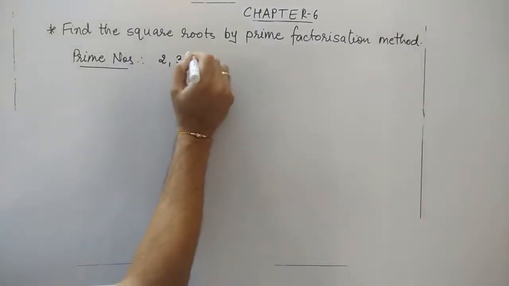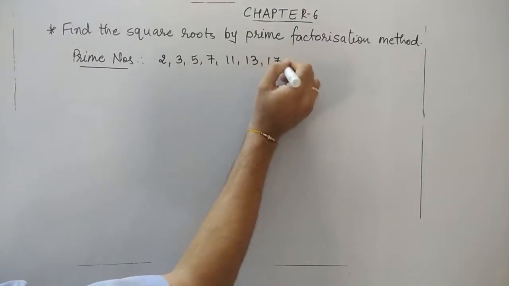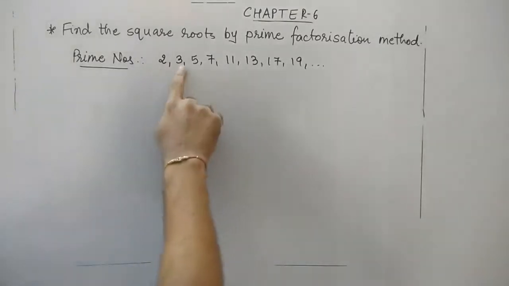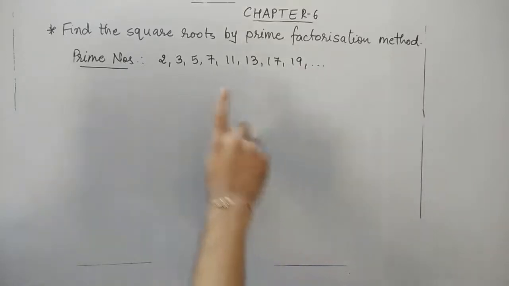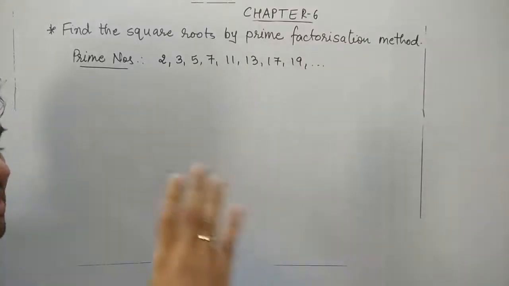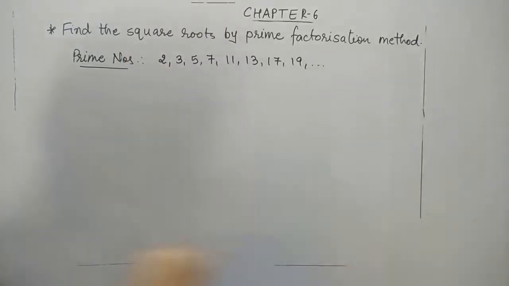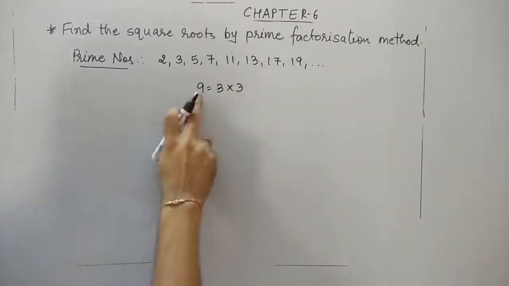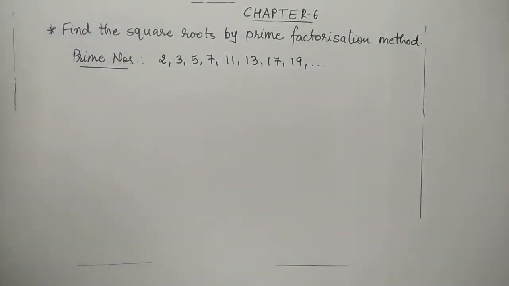That is 3, 5, 7, 11, 13, 17, 19 and many more. Look, except 2, all these prime numbers are odd numbers. So we should remember one thing, except 2, all prime numbers are odd. All prime numbers are odd numbers except 2. But all odd numbers are not prime numbers. For example, 9. 9 has factors 3 3s are 9. So 9 is an odd number but not prime. Fine. So now this about the odd numbers is clear.